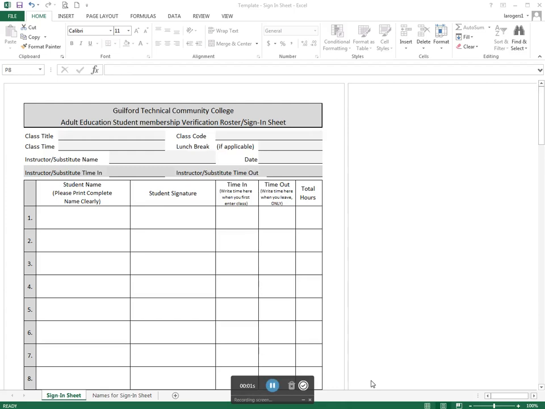Hello, in this video I'm going to show you how to prepare your sign-in sheet to be printed for class. This sign-in sheet is completed on an Excel document. It is also sometimes called an e-sign-in sheet. While it's not actually electronic, it is created on the computer, and so we call it e-sign-in sheet as a